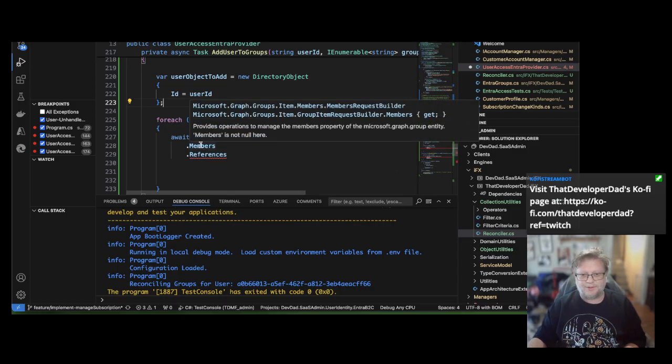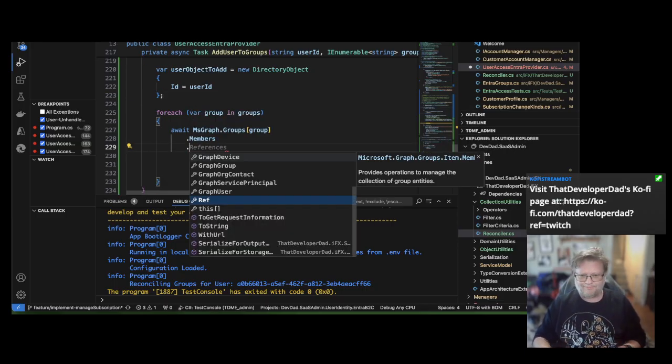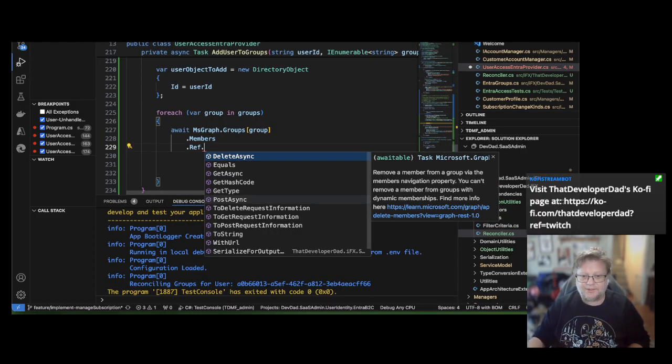Group ID.members. We've got a members request builder. Ref toString with URL. Dot